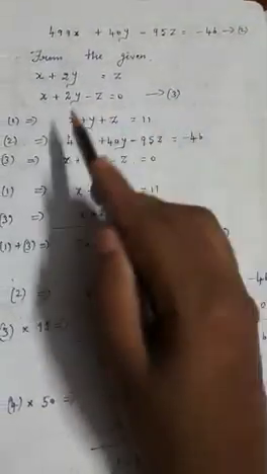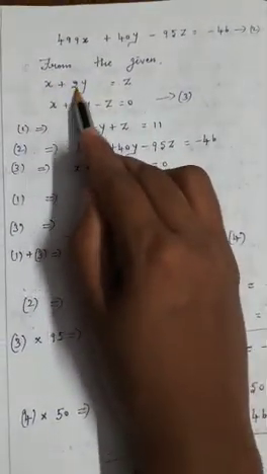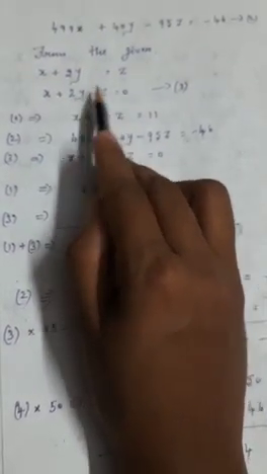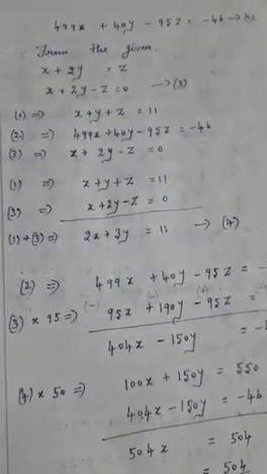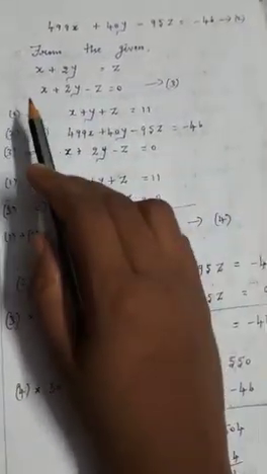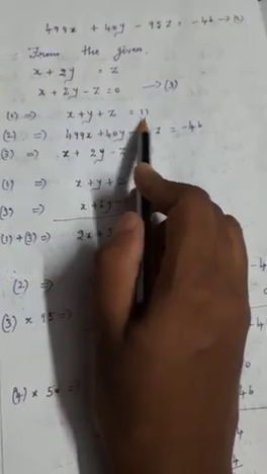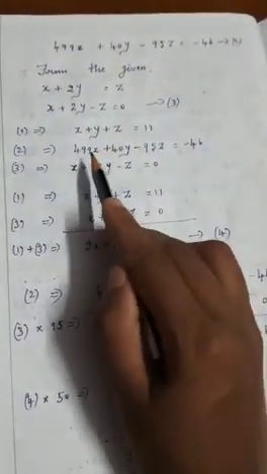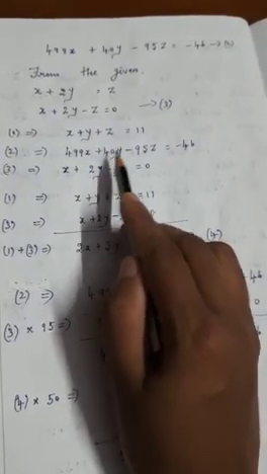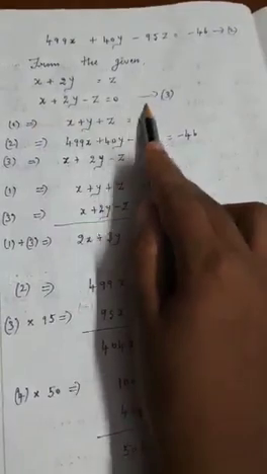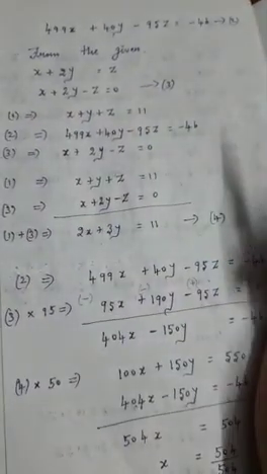So now can you write all three equations? x plus 2y is equal to z. This is the condition they have given. Bring z to this side, so x plus 2y minus z is equal to 0. That you can consider as equation number 3. So now let us write all three equations together. The first equation is x plus y plus z is equal to 11. The second equation you can write as 499x plus 40y minus 95z is equal to minus 46. And the third equation you can write. Now here we are going to solve.